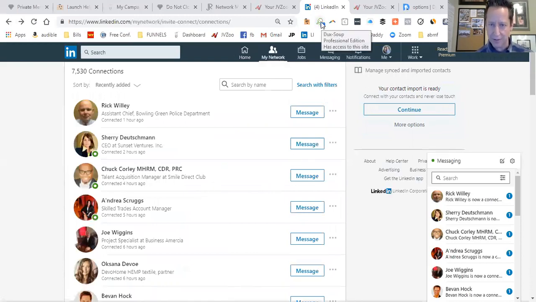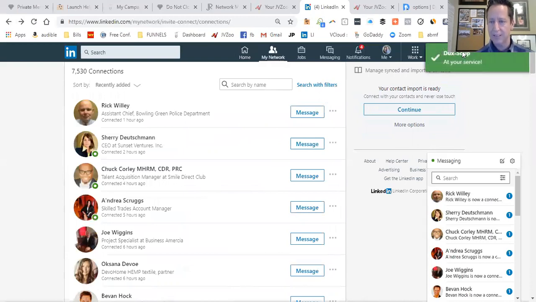You can see this icon right here called Duck Soup Professional Edition. And so that's what I'm going to be introducing you guys to. And then you can also see up here the green tags popping up. And so that means that the robot is active right now. And so here's the way you use this. I'm not going to get into the whole piece of how you install it and whatnot. That'll be in another video on this same page. But I really more want to show you how it works.